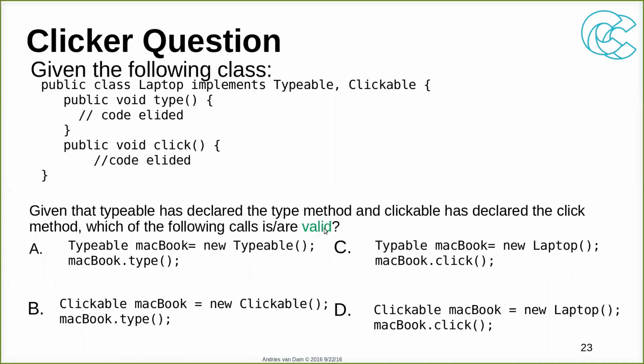So the only thing that is valid here is D, because, as I said, you're creating an instance of an interface, which is not